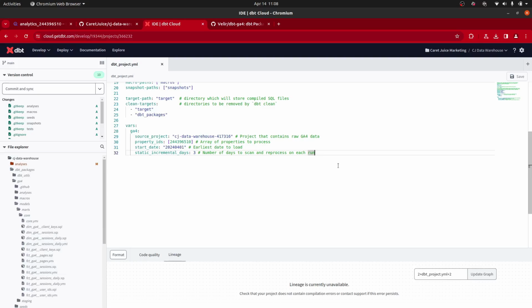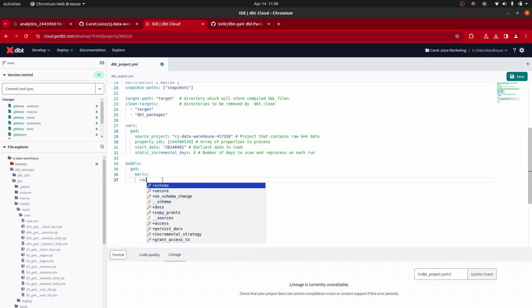So what we do, we're going to add a models block, models, and so GA4, and then it's marts. So models GA4 means we're in the GA4 package. It's the inverse. We're in the models block, so the GA4 models in the marts folder, and we're going to do a plus schema,